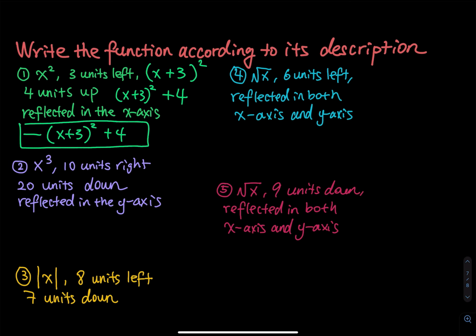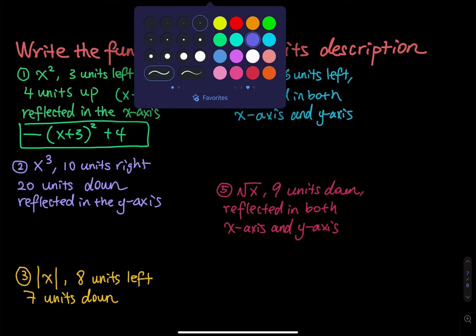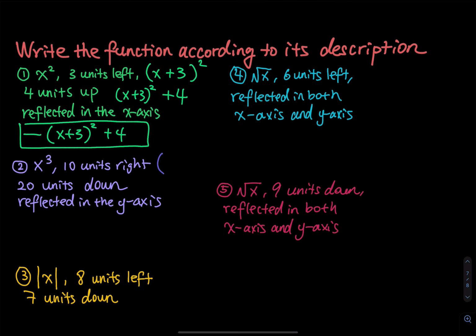Alright, so number 2, you have a parent function x to the third. First of all, you go 10 units to the right. Let me match the color for you. So you have to go 10 units to the right, and then the third power goes here, right? 10 units to the right is minus 10, and then this is x. Check it out. When x is equal to 10, x equal to 10 is on the right hand side of the y-axis, right? So when x is equal to 10, y is equal to 0,